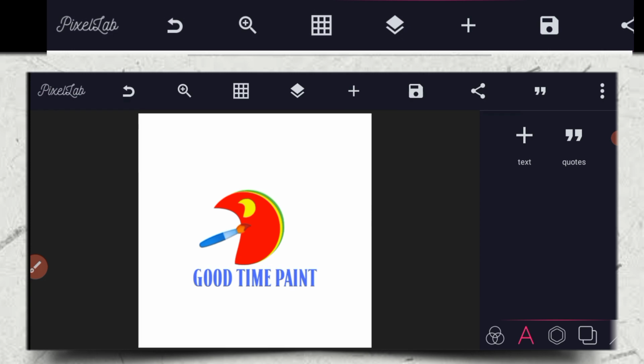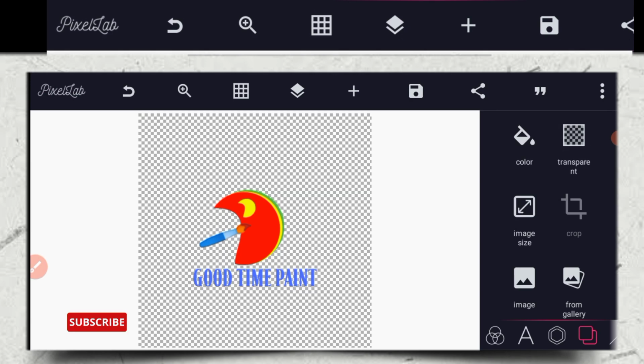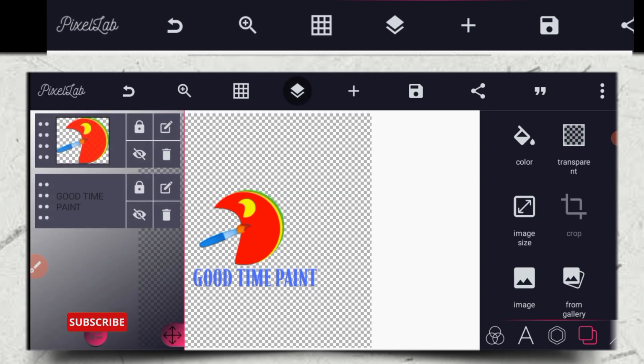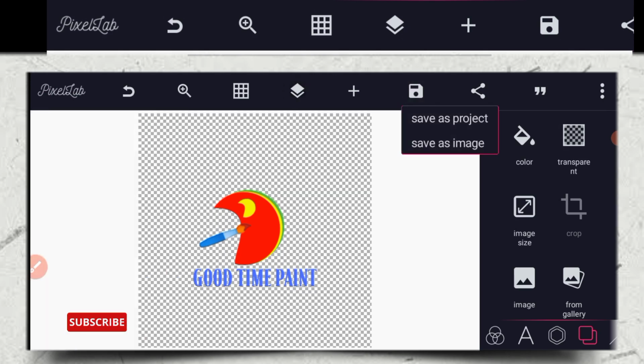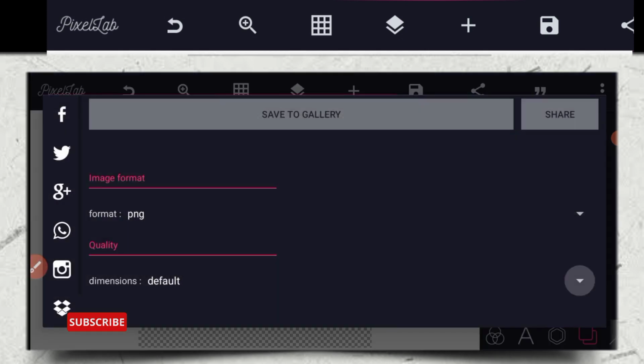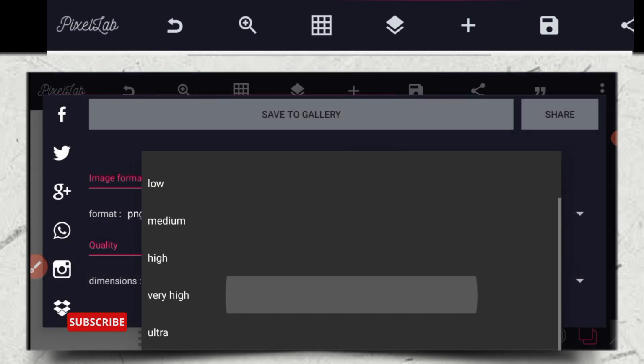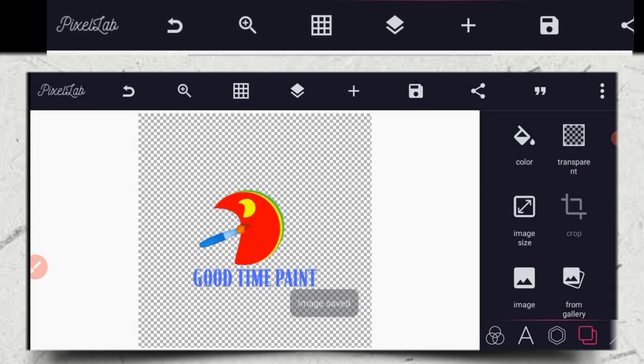So you're going to photopea.com to mock it up. So you can actually save it as transparent. Click on save, then you save it as project, and also save it as this. So you click on very high here, then you save your work. So the next place we are moving is